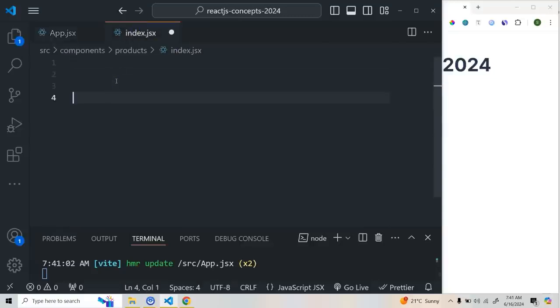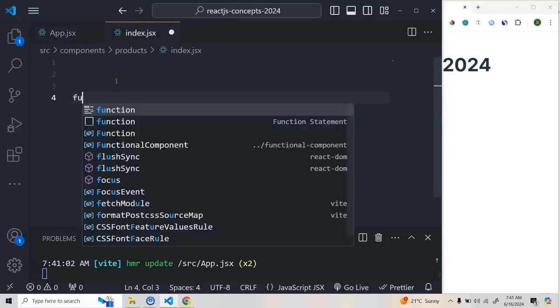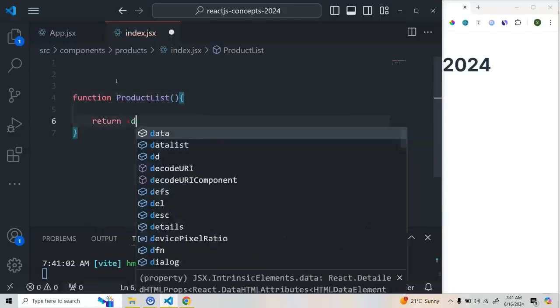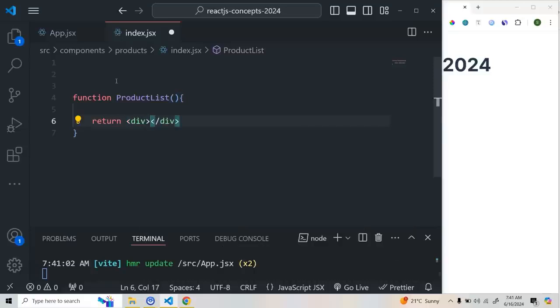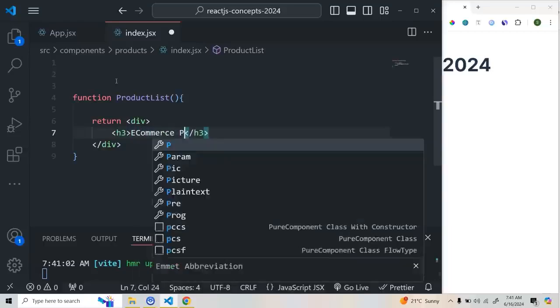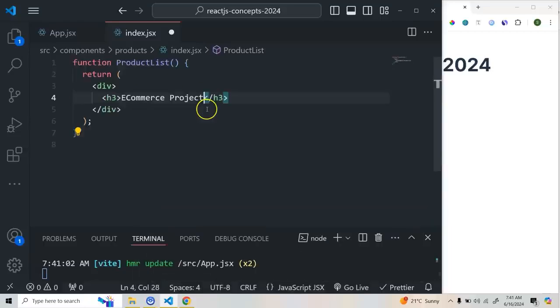Now I'm going to create a component. So I'll give function, and this will be product list, and here I'm going to return a div, and I'll give this one name as h3, and I'll give this one name as e-commerce project. Now let's export this. So I'll do export default product list,